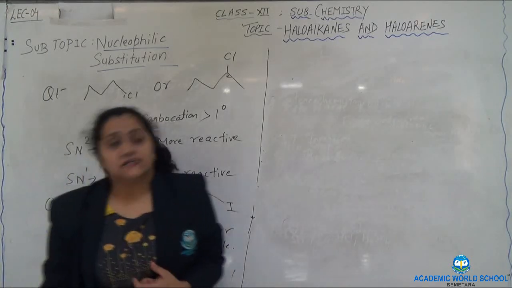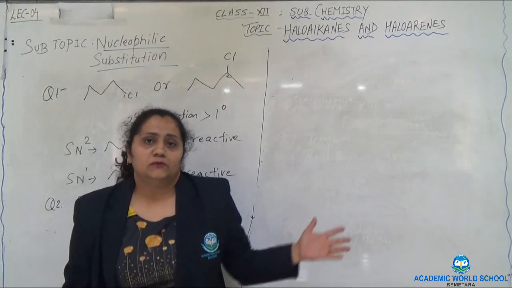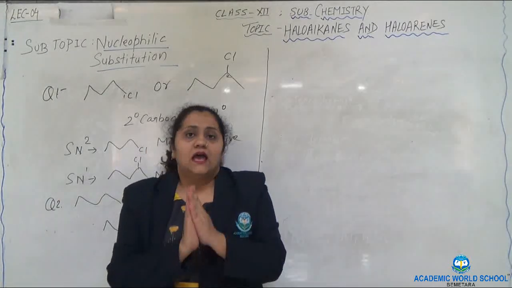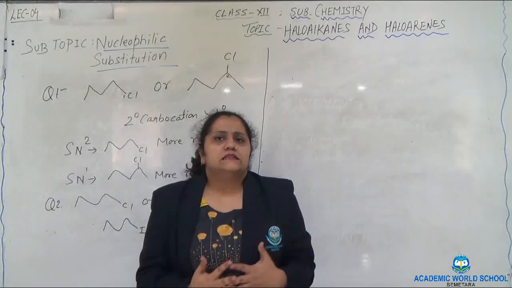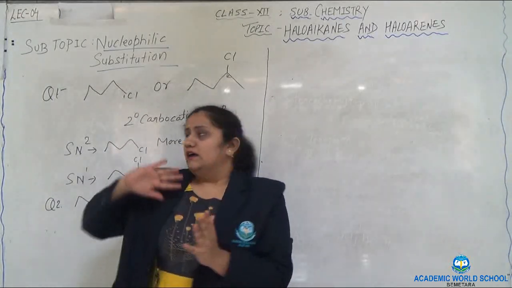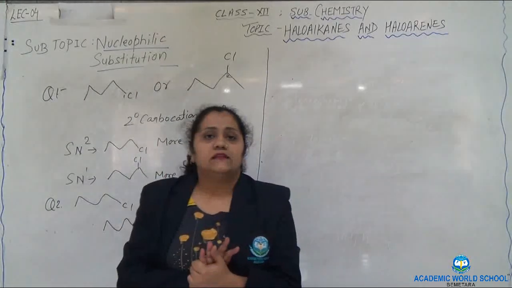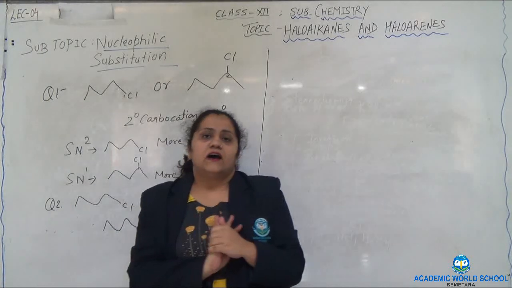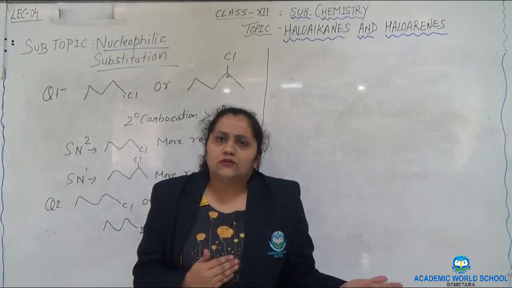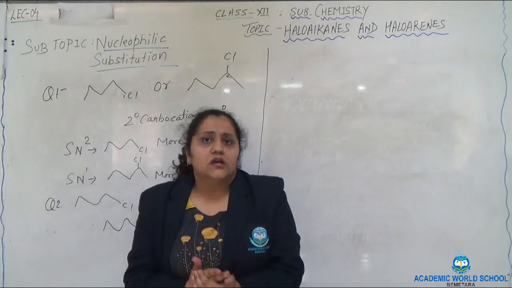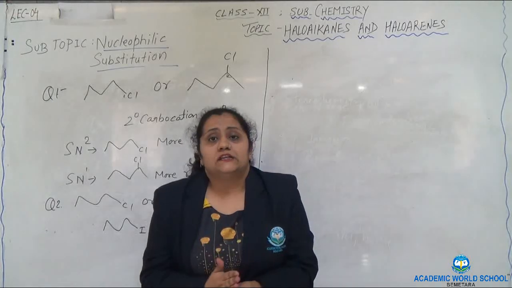So far we have discussed the 2 important SN reactions, nucleophilic substitution, unimolecular and bimolecular reaction, about the kinetics, the solvent, the reactivity, the mechanism and the reactivity of the carbocation, and in SN1 we have discussed so far the kinetics, solvent, the nature of the halogen atom, and the nature of the carbon atom. So in our next class we are going to deal with the chemical properties of haloarenes.